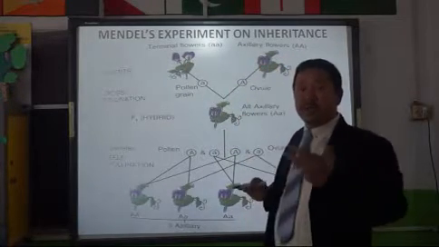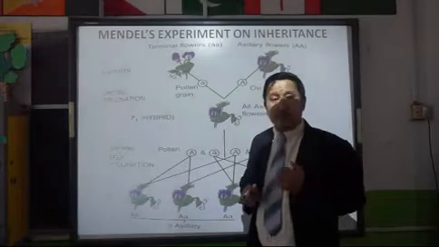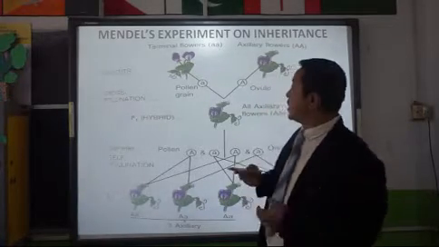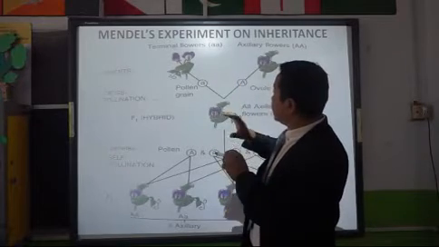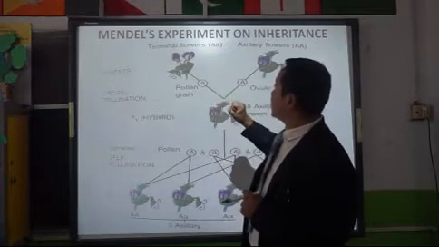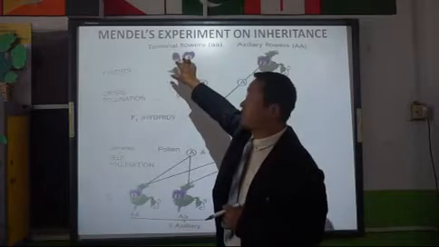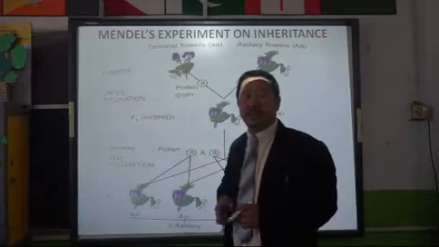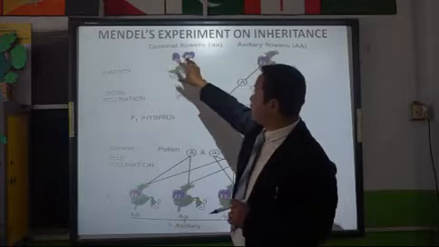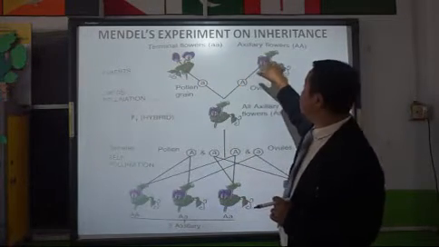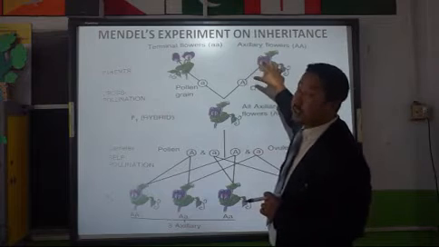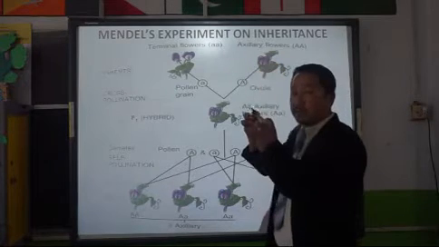He crossed. So how did he cross? The question arises in your mind again. He crossed in that way that he collected the pollen grains from this flower. Pollen grains, which are born there in the anther, he collected from this and transferred the pollen grains to the stigma of this flower, the axillary flower. Okay, he crossed that way.